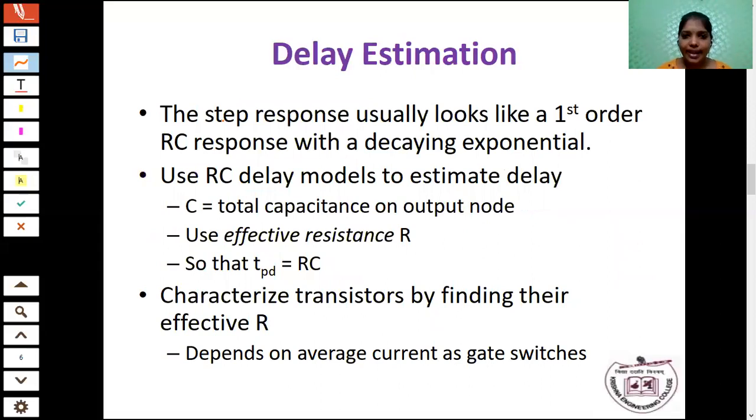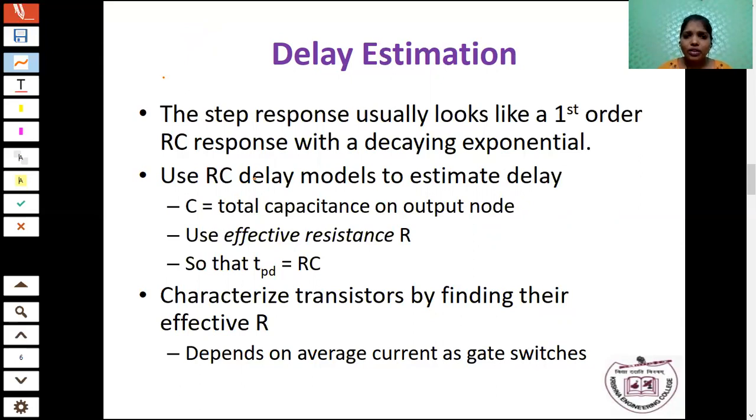So next one is delay estimation. As I said earlier, we are going to estimate the delay. Delay is represented by tau. The delay is measured with the help of two parameters, that is nothing but the resistance and capacitance. These resistance and capacitance are inside the MOS transistor only, so they are also called intrinsic values. We are not considering any outside resistance and capacitance. We are considering the resistance and capacitance properties of the MOS transistor.